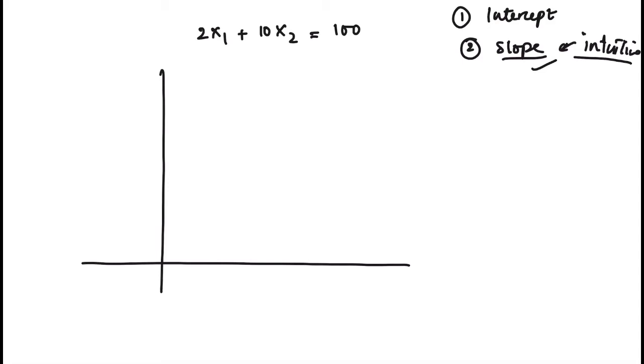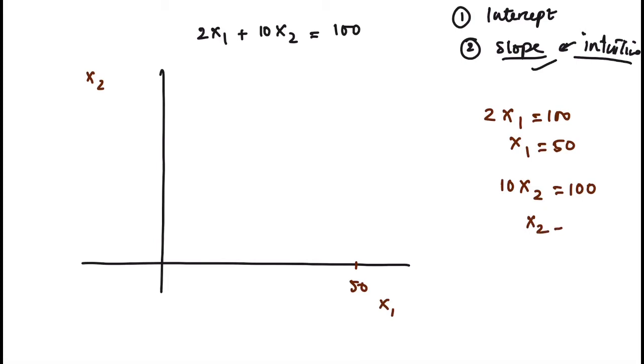So the first point is to understand the intercept. Intercepts represent the position where only one of the goods is consumed and 0 of the other. So if I assume the X-axis represents X1 and the Y-axis represents X2, then if I consume only X1 and none of X2, this means I can get 50 of X1. So we plot that. Now if I consume only X2 and none of X1, then I know I can get 10 X2. There we have it. So now we're done with the intercepts.